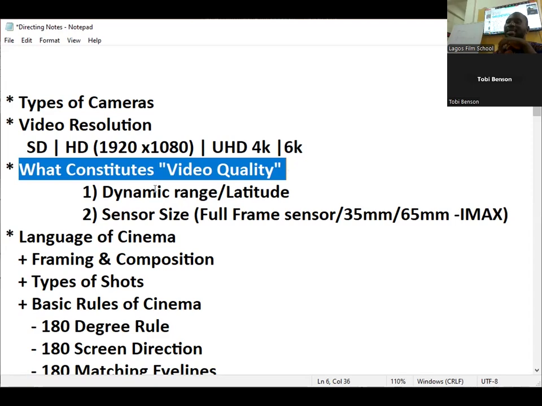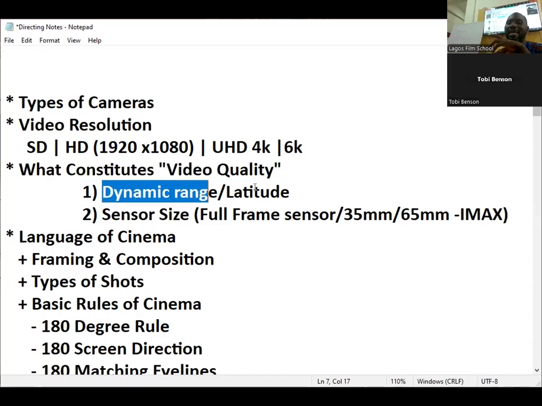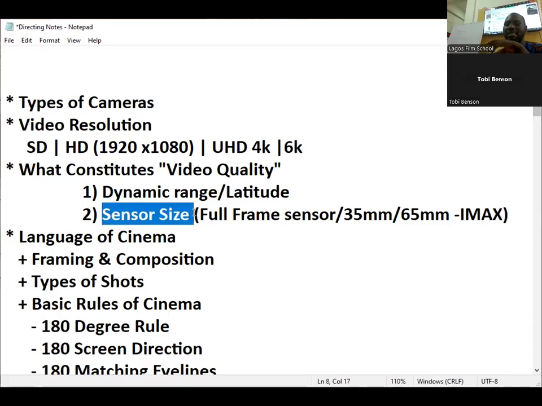Yeah. So what are the things that actually matter? A is the dynamic range or the latitude of the camera, and B is the sensor size. The bigger the size of the sensor, the better the quality of the video should be. All things being equal. Second is the dynamic range. This is measured in stops. So when you want to either buy or rent a camera, you want to ask how many stops of dynamic range does it record? Red and Ari claim 14, maybe even 16 stops of dynamic range.